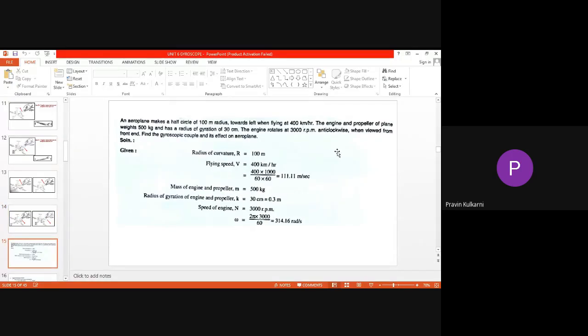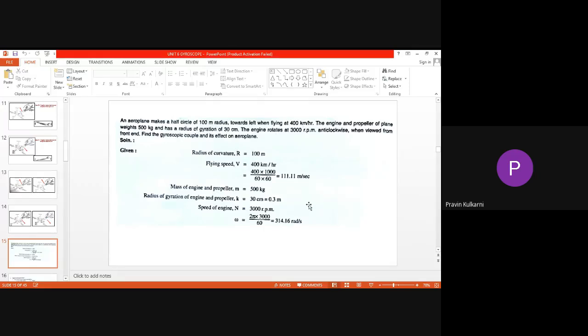And this was the numerical that is already with you. Some radius was given, radius of turning, and speed was given. The engine and propeller of the plane weigh 500 kg, and the radius of gyration was given for calculation of moment of inertia. Then the engine was rotating at 3000 rpm anti-clockwise, and using this formula we found the effect of the reactive couple